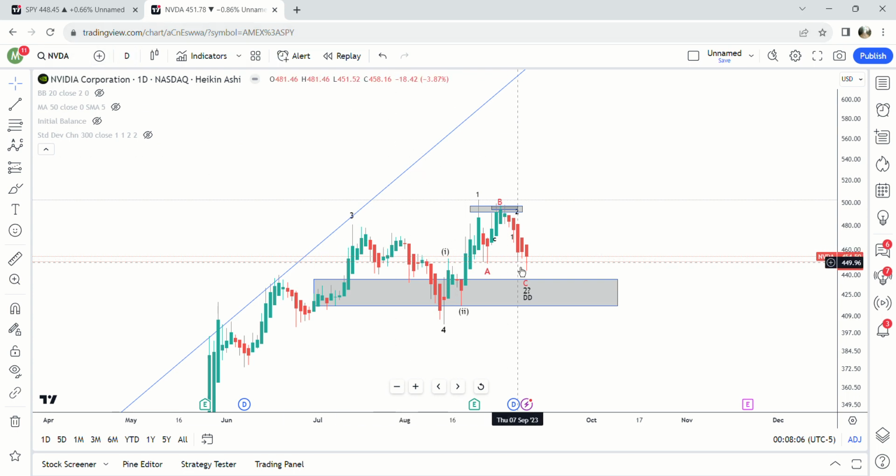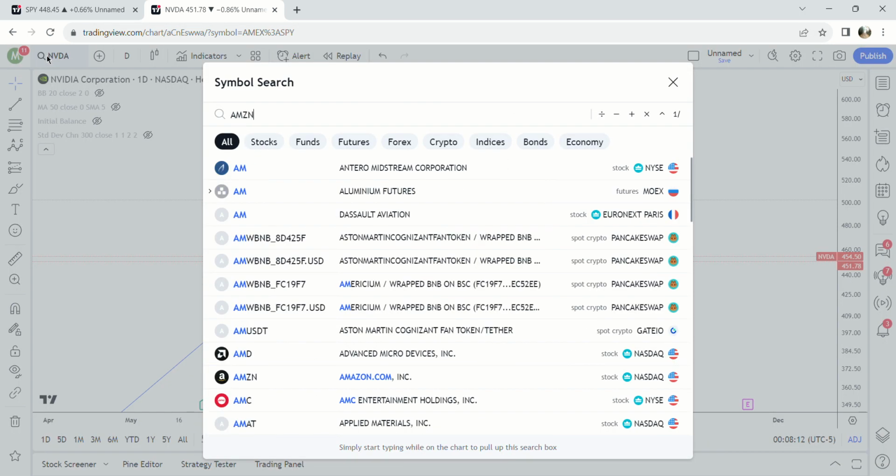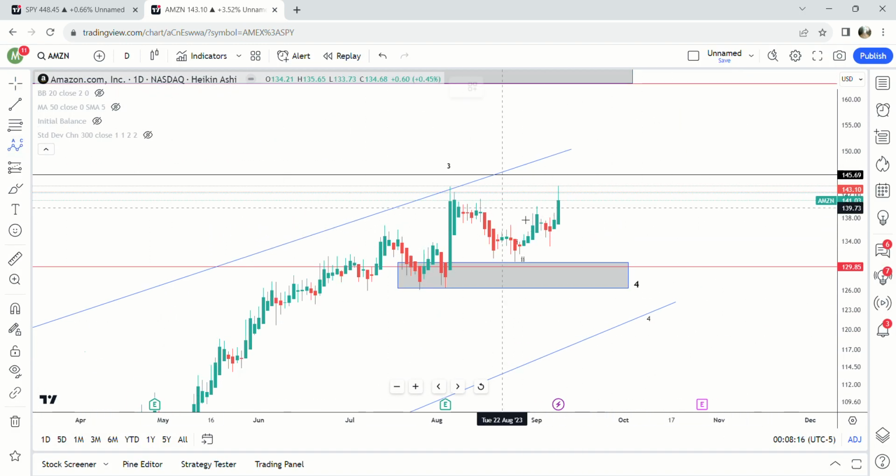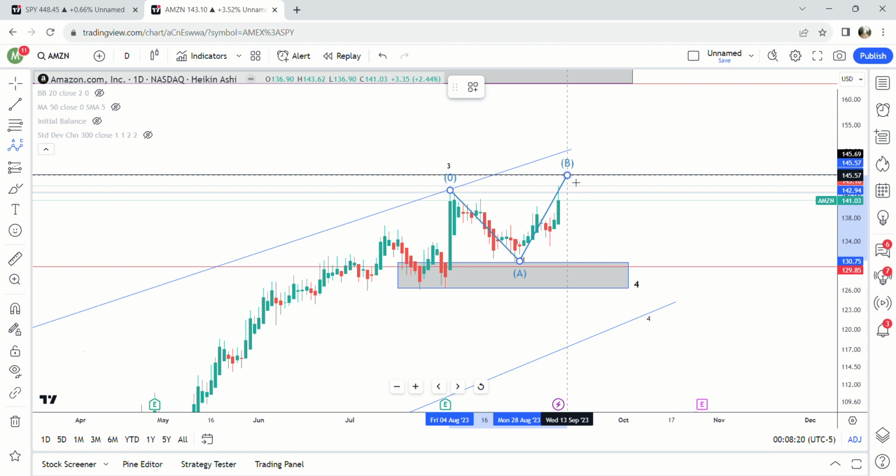And I'm not looking for upside in that one. So that one does kind of cancel out a little bit of the upside of the other ones I just talked about. But let's look at Amazon. Amazon is putting in a B wave here, and I think it can go to 145. And then I'm looking for a C wave down here to potentially all the way down here to 121, but